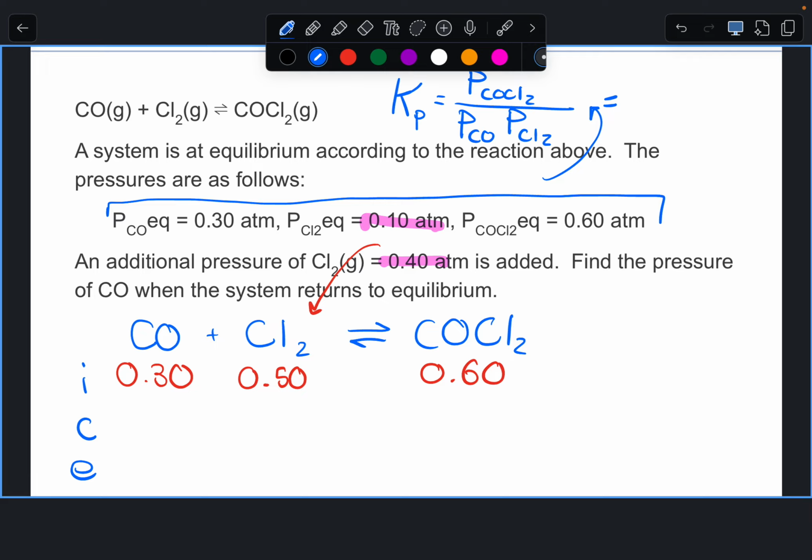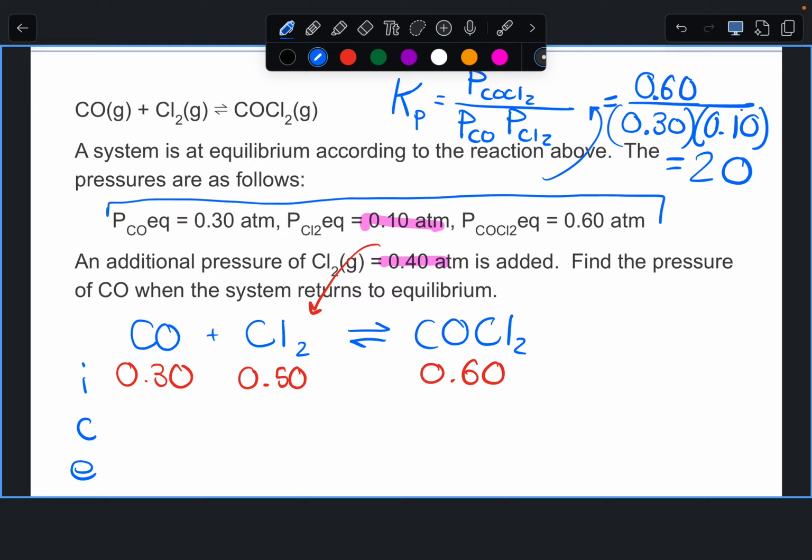Okay, so the biggest thing here that you have to recognize is that you're going to use these equilibrium concentrations that they give you to start. Because they're equilibrium concentrations, you first use those to determine what K is. So I think this comes out to 20 if I remember correctly. Yeah. So the K value comes out to be equal to 20, and then you can use that for the